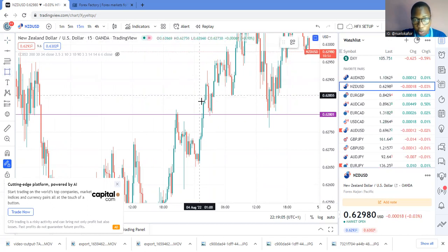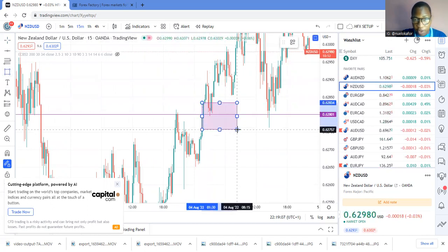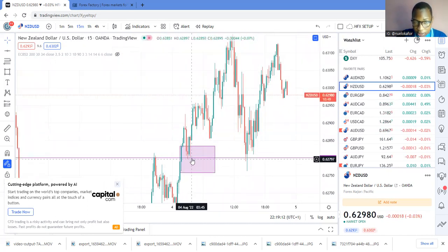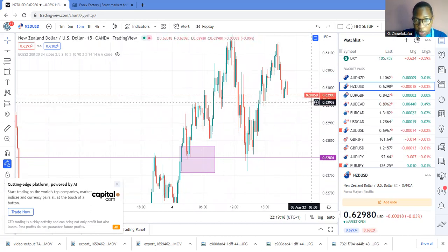I think let's just draw some boxes first. So I'll show you guys even on the 5 minute time frame that would have cleared this trade, right? We would have cleared this. Now price continues high up, right? It continues